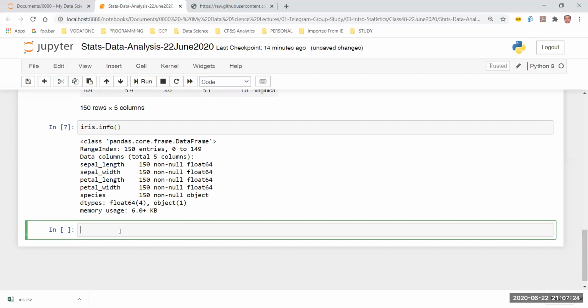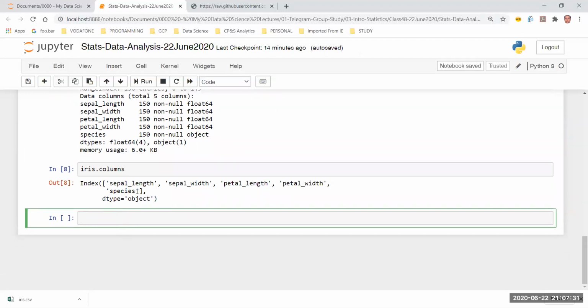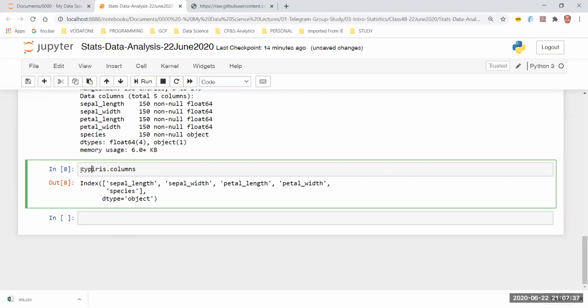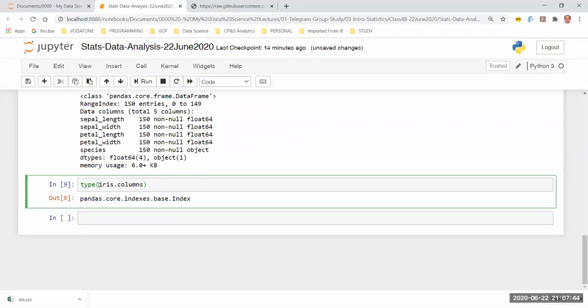The second command, just to quickly recap, shows the columns which are there in the data set. There are 5 columns and I can clearly see what the names are. If I take a type of this, it's going to return me an index. But if I traverse through each and every item in this index, it's going to give me a list.